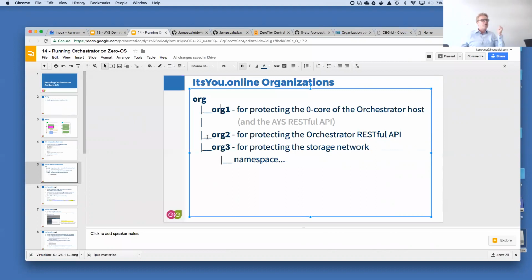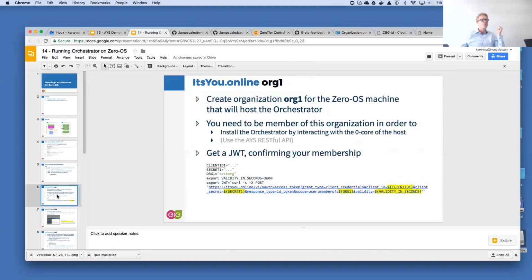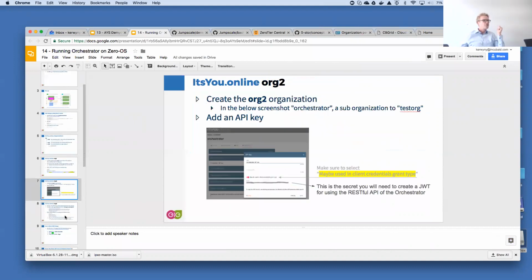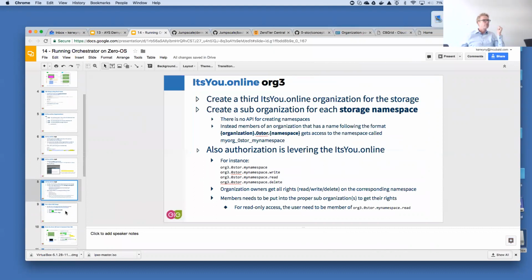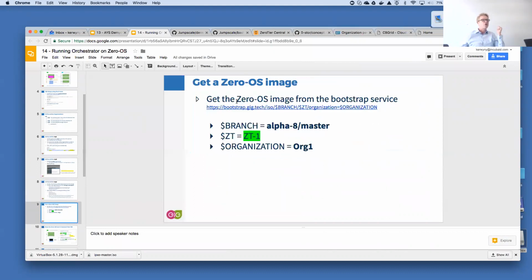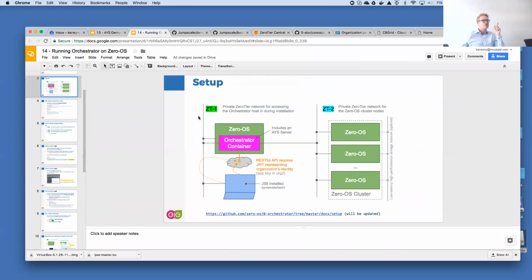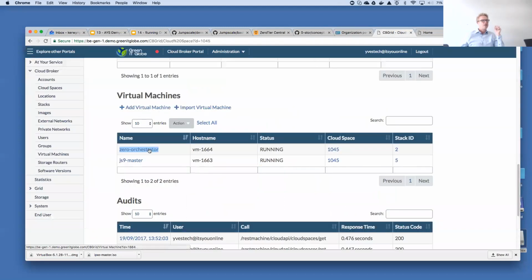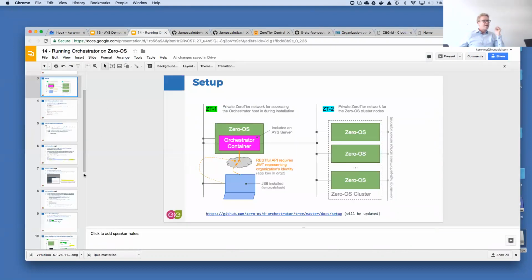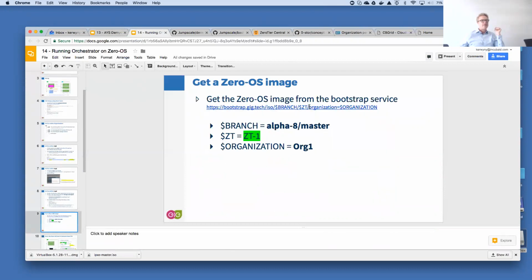So what you will see, let me immediately jump to it. If you later on download the OS image for the host of the orchestrator, and remember the host of the orchestrator is this green one here, or in my environment is this machine here, what you want is when it boots, that you can only talk to it if you're a member of that organization.